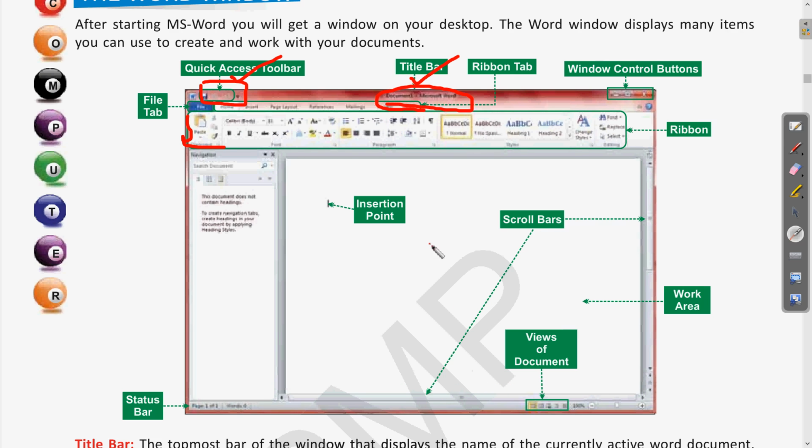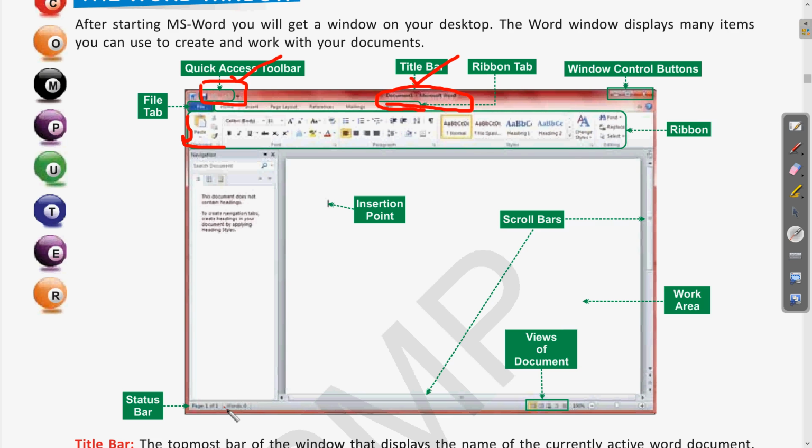Clear? Then we saw the insertion point, the blinking cursor where we begin our writing. Then at the bottom we have the status bar, where the page number and other things are denoted.